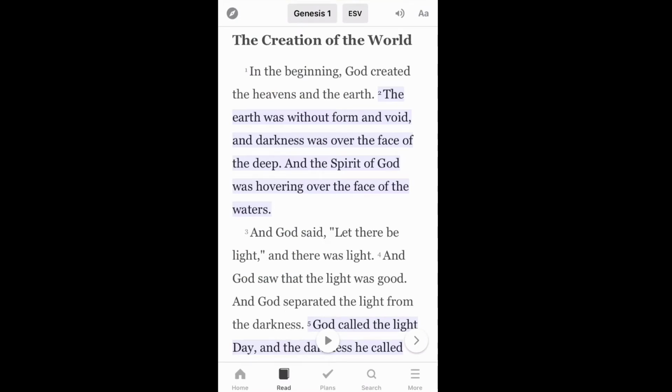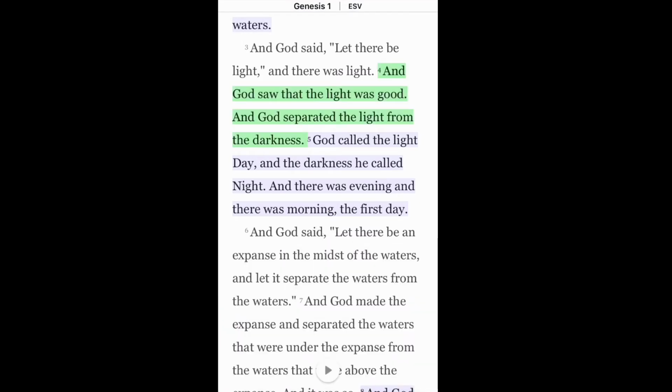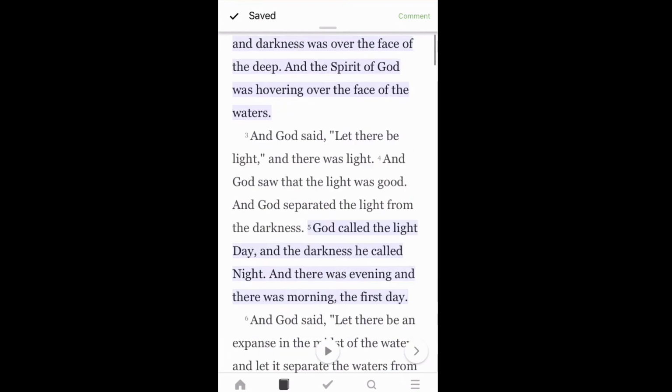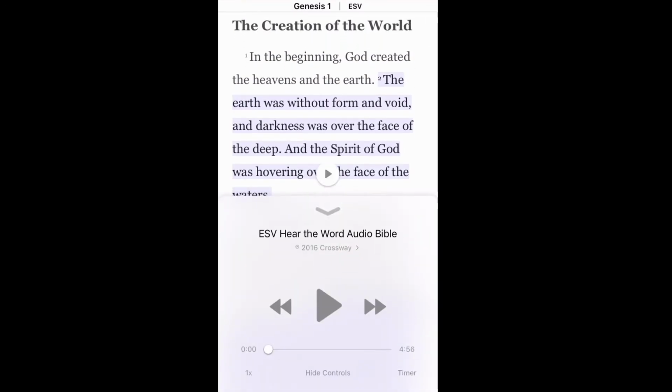And then also, as far as highlighting, you can just press a verse and then it shows you different colors and all type of stuff, and you can pick whatever color you deem to want. It's pretty cool. I mean, I have mine usually either in purple or yellow, and then you can go to the